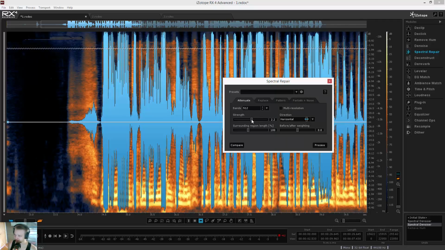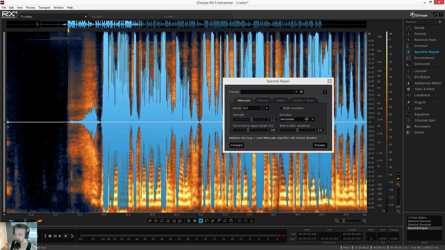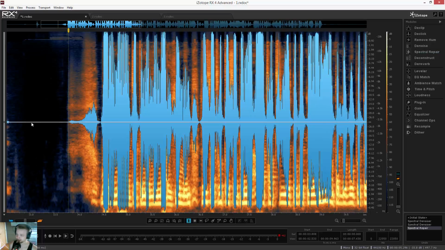I'm going to decrease my strength just slightly, maybe 2.2, and then I'm going to hit process. And we can see that the hum is removed. Now we can get our selection a little bit more refined, and we can tweak some of these settings around to get it a little bit more perfected. But for now, that is really good. And if we play this,